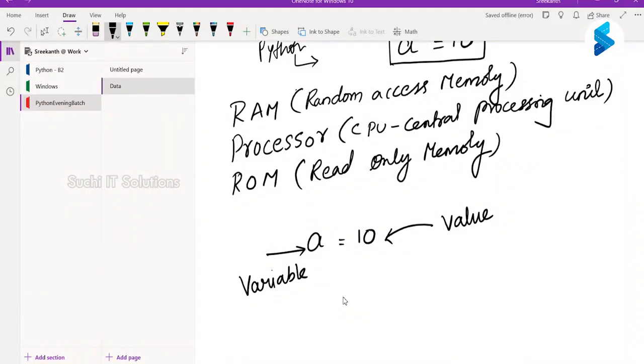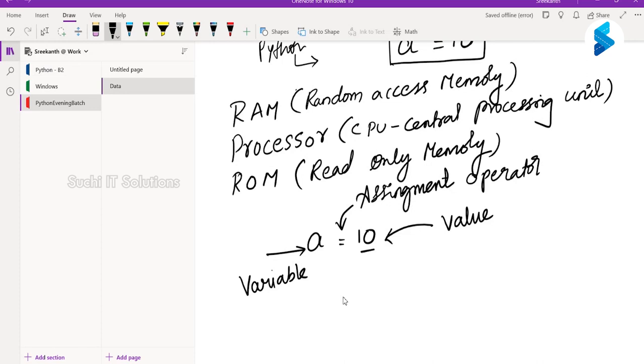It was able to understand what I have written. So A is a variable and 10 is a value that I'm assigning to the variable called A, and the equal to here is the assignment operator. When I say A equal to 10, we are assigning the value 10 to a variable called A.